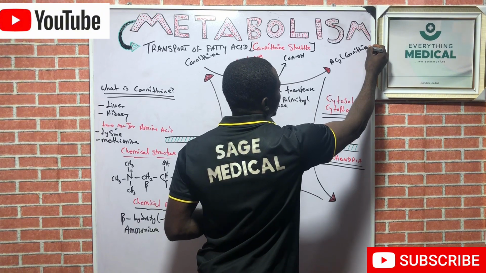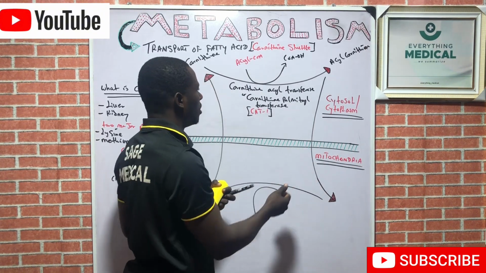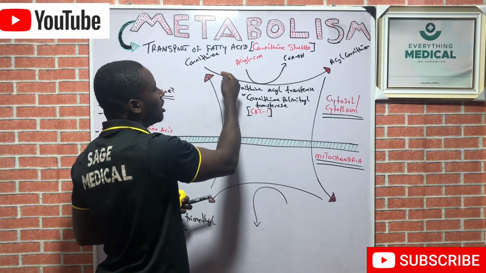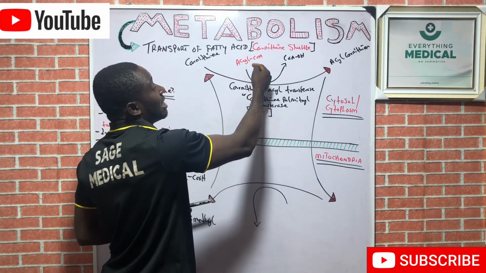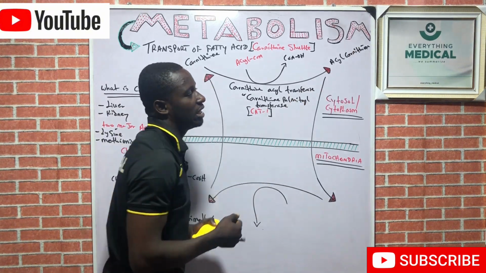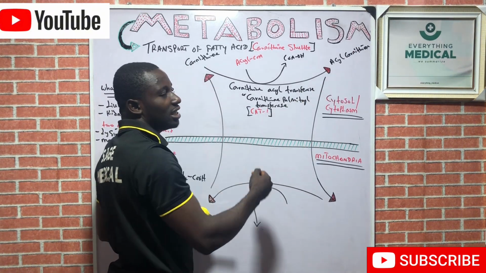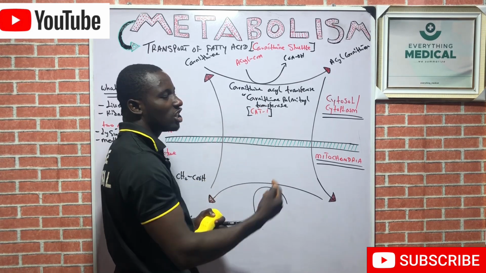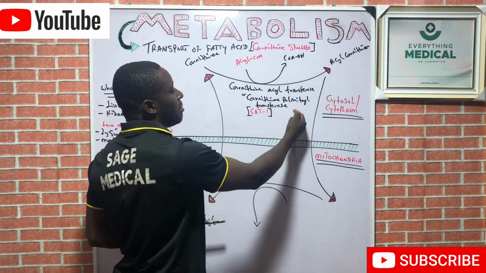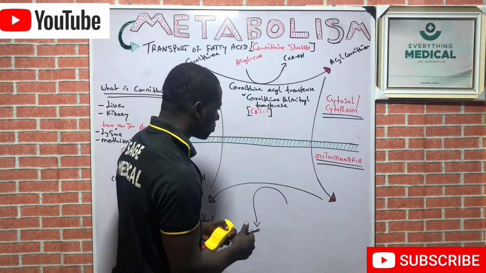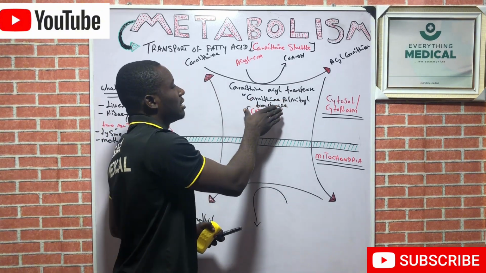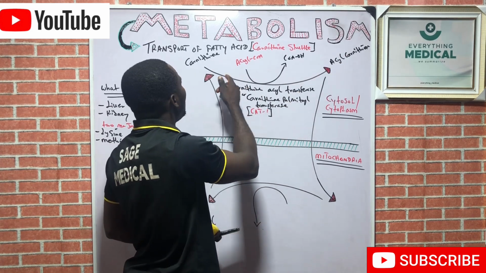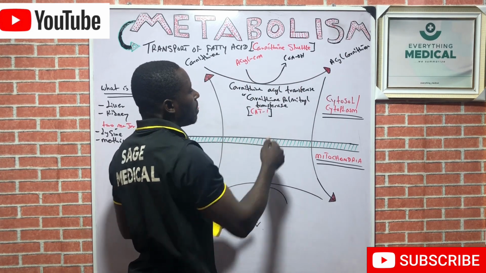To form acyl carnitine. That is the work. It helps to transfer the hydroxyl group of carnitine to the acyl group of acyl CoA to form acyl carnitine. This enzyme is called in the short form CAT1, which is carnitine acyltransferase, or it is alternatively called carnitine palmitoyltransferase. So once this enzyme has formed acyl carnitine by the combination of the functional group of carnitine and acyl CoA,